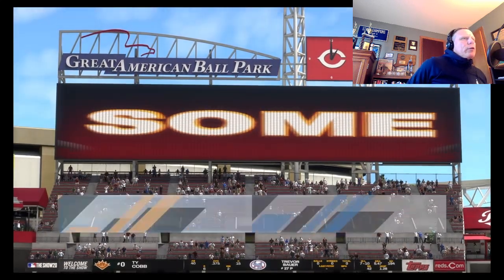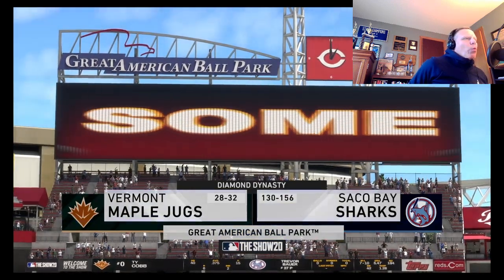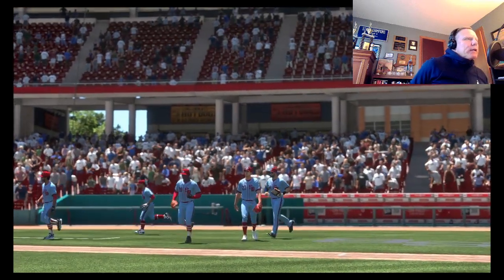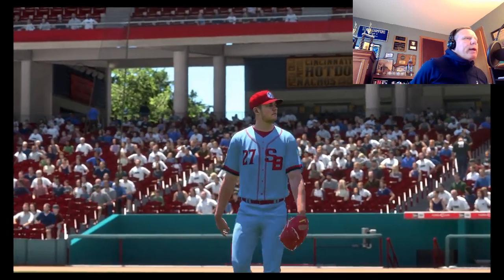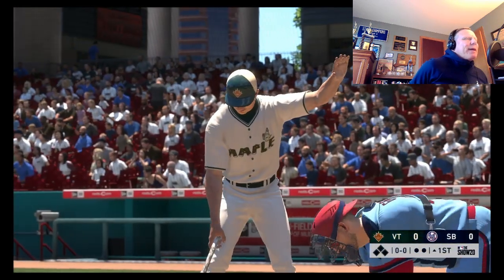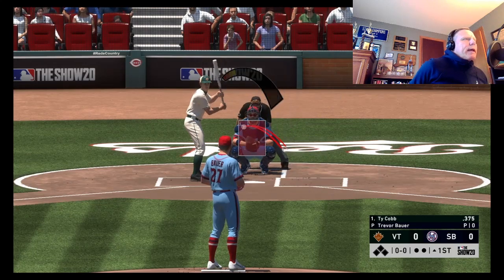I'm going to show you the top of the first here, just defensively, pitching-wise, and then we'll get into patient hitting and how it can really yield positive results. Love my uniforms. I've been wearing them now for about 3 or 4 weeks, based on the Ole Miss uniforms in college baseball. Ty Cobb is always a pain in the butt to work against, but I'm going to start